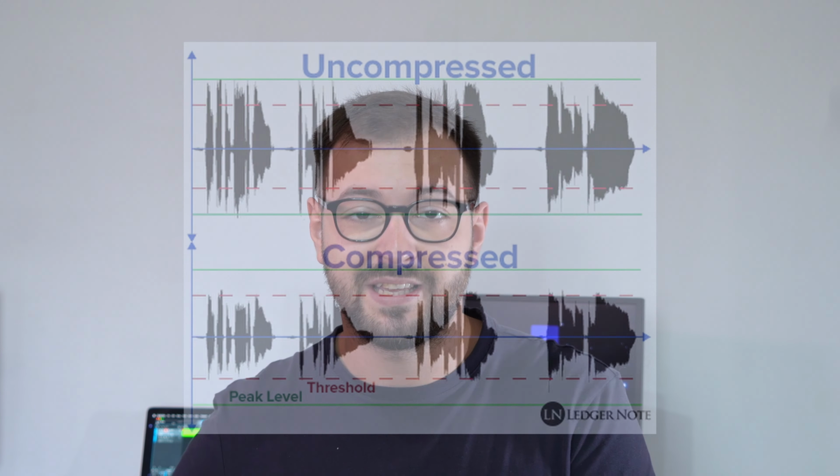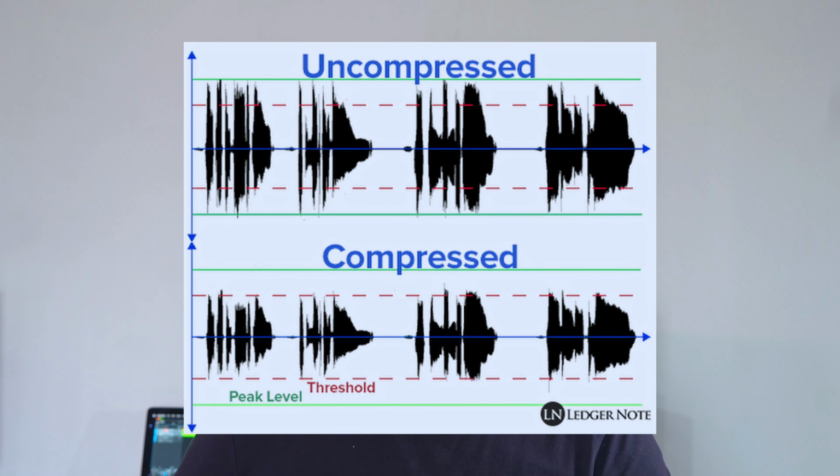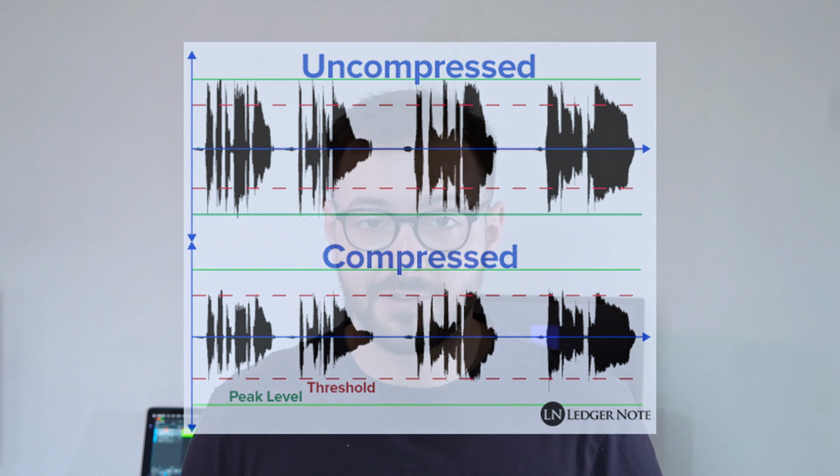to it. What a compressor does, it will take the peaks, it will lower them down, and bring them closer to the lower points. After that, we can turn up the overall volume, and that's how we obtain a more consistent volume across the whole recording. So that's how a compressor works in principle.